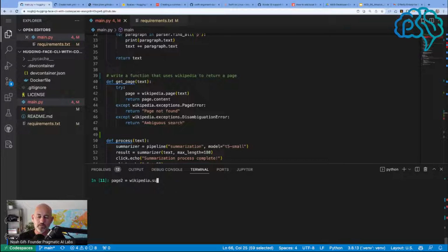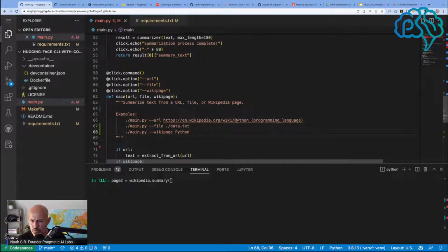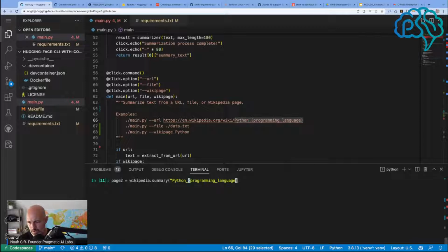dot summary, and we could do the same page, this page. Or is it Wikipedia page is what we want to do. We want to get the entire page, and then we want to get a result of this. And page 1, length of page 2,